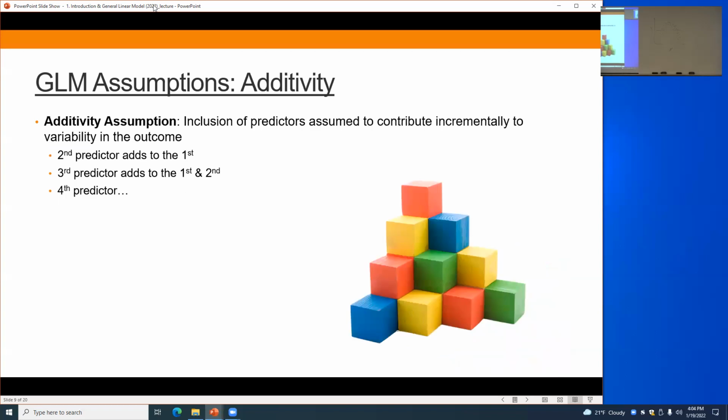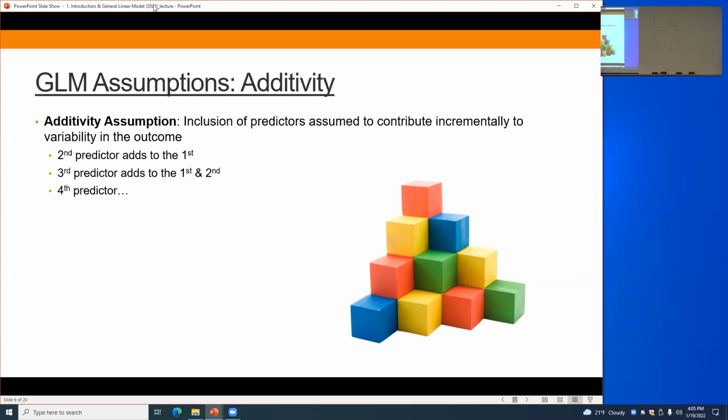All right. The linearity is pretty straightforward. We can eyeball that. Additivity, pretty straightforward too. The additivity assumption of your GLM assumes that if I'm going to have multiple predictors, these multiple predictors contribute incrementally to my outcome. Okay, so let's say,